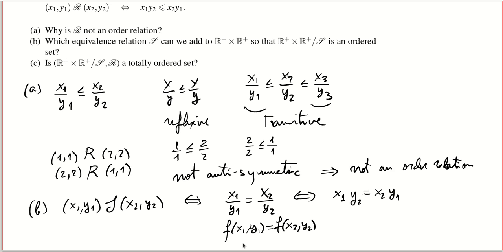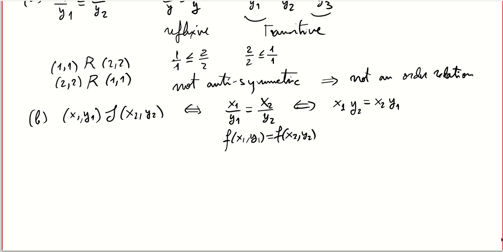And when you have a function, and you define a relation in this way, so that the function of the first pair is equal to the same function of the second pair, then this is automatically an equivalence relation, right? So we have this relation, and the next thing to check is what are the equivalence classes of this. Well, clearly the equivalence classes are going to be all the pairs of positive numbers, in R plus times R plus, such that the ratio is the same,